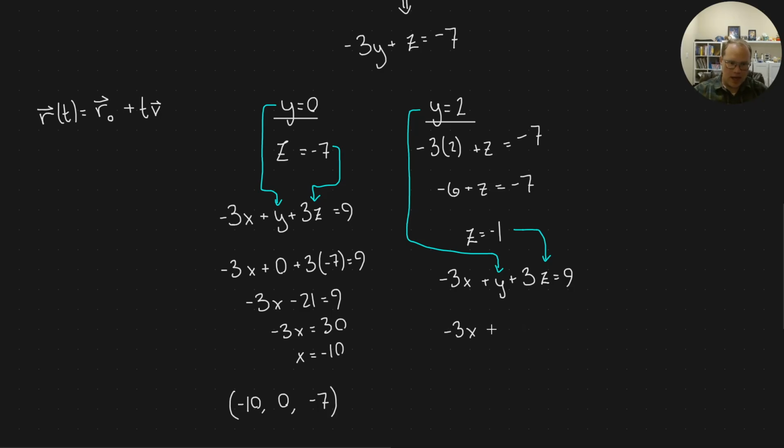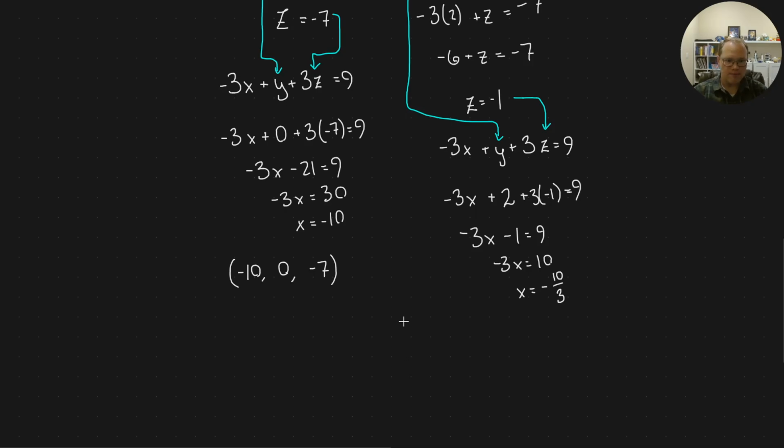So negative 3x plus 2 for the y plus 3 times negative 1 for the z has to be equal to 9. So just solve for the x. 2 minus 3 is negative 1. Add 1 over, negative 3x equals 10. I get x equals negative 10 thirds. So x is a fraction. It is what it is. I couldn't avoid it. Okay, the point that I get is negative 10 thirds for the x, 2 for the y,